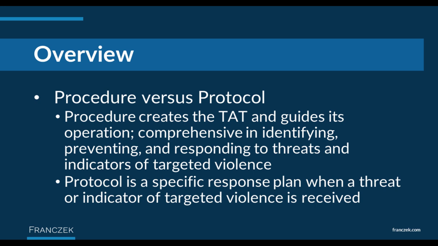And the protocol is going to be the specific response plan that you've adopted, and it could be that University of Virginia model. The Secret Service has a model. There are a handful of different models out there, and we have some resources at the end of the presentation that you can look at and decide what makes the most sense for your school. But it is really that specific: when you receive some sort of threat or other information about potential targeted violence at the school, these are the steps you take. This is how you evaluate it, and this is how you respond.